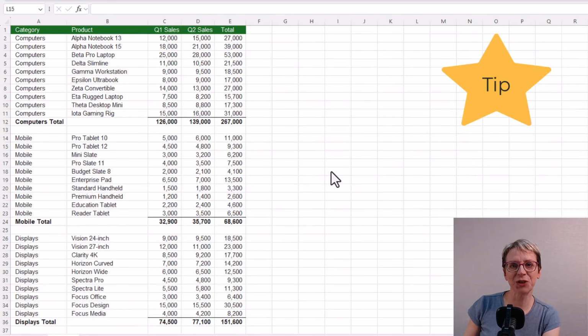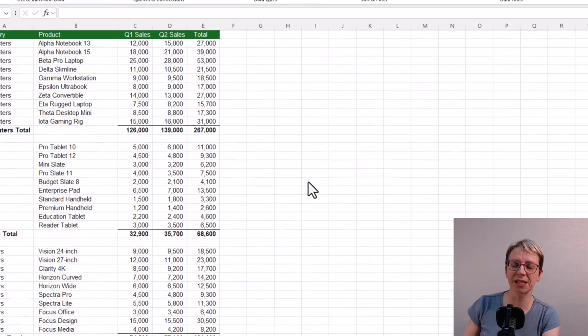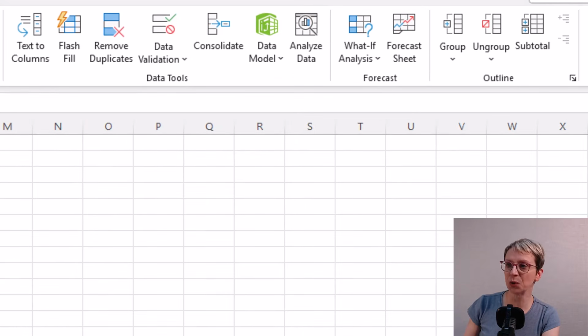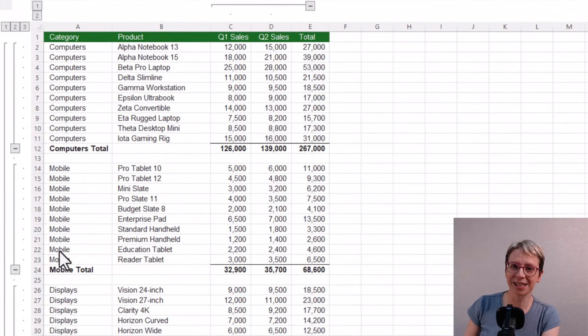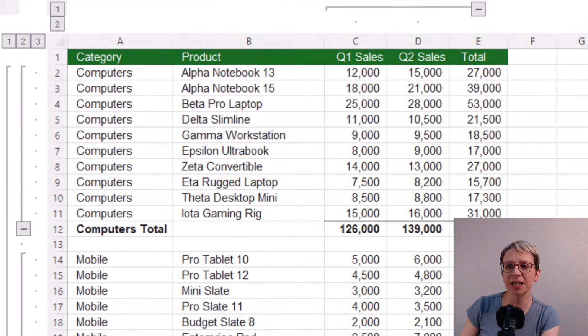As a tip, if your data has subtotals and a consistent outlay, you can go to Group, click on the drop down and select Auto Outline, and Excel will attempt to create these levels automatically for you. However, it doesn't always work perfectly. As we can see in this example, it's created a level 3, and I'm only looking for levels 1 and